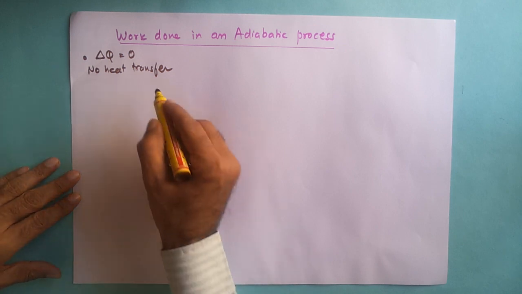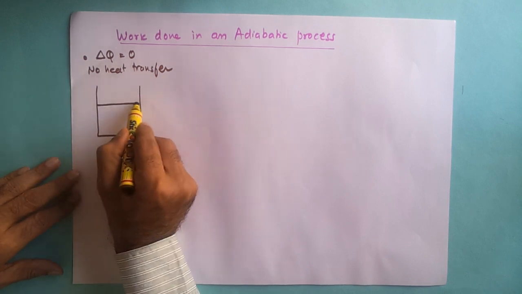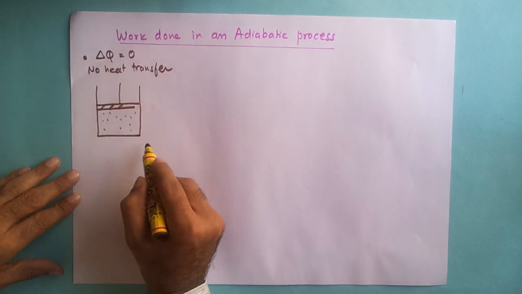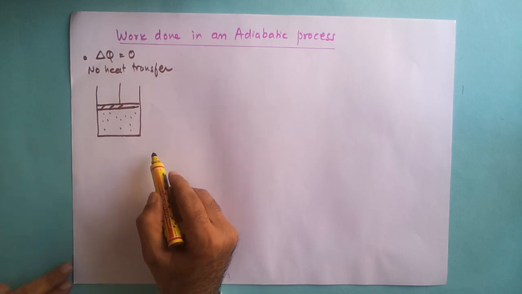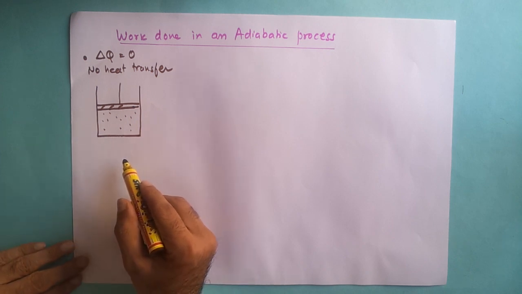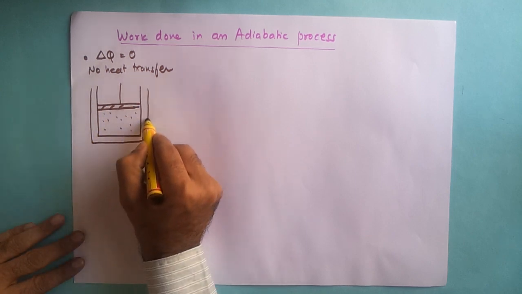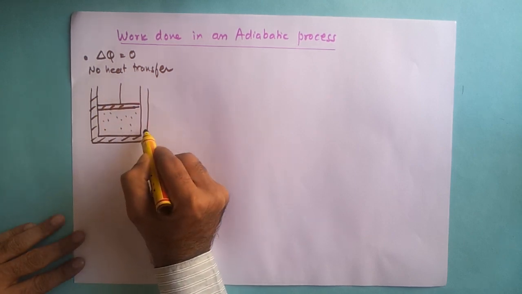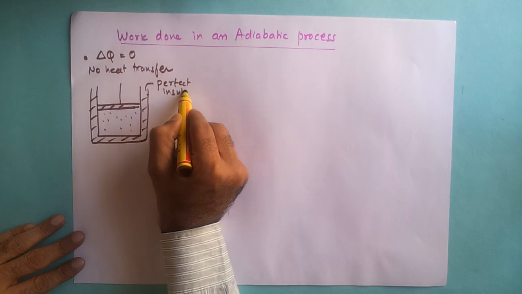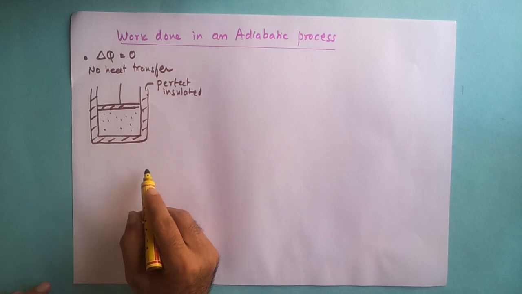And what I'll do is, again, I'll explain it with the piston cylinder arrangement that we always talk about. So let us say this is the piston cylinder arrangement, this is the piston, and we have an ideal gas over here at pressure P1, V1 and T1. Now what we want is that there should be no heat transfer into the system or out of the system. For that, two conditions need to be satisfied, and we need to take care of two things. One is, this is perfectly insulated. So this is near perfect insulation, so that whatever heat gets generated over here is not going out of the system.